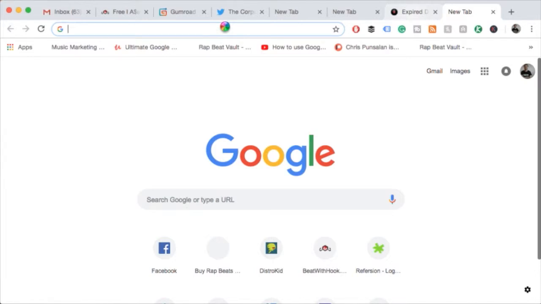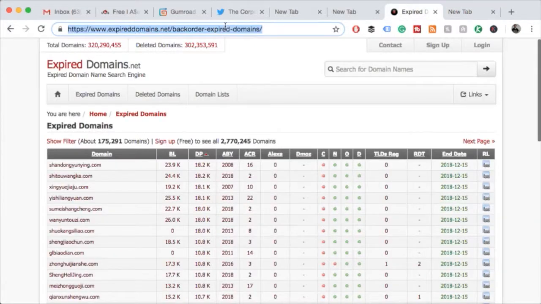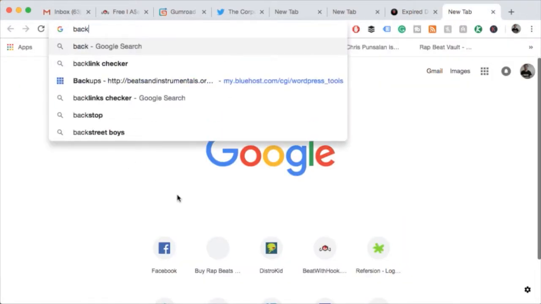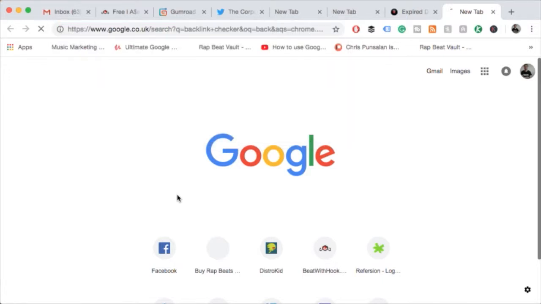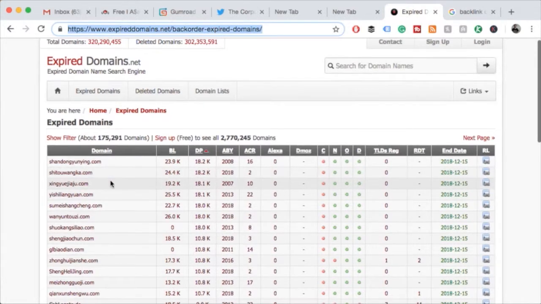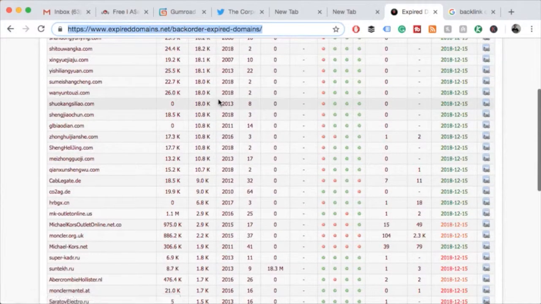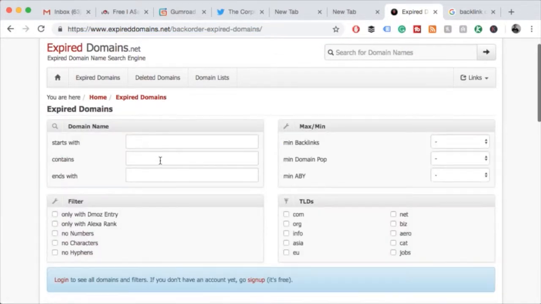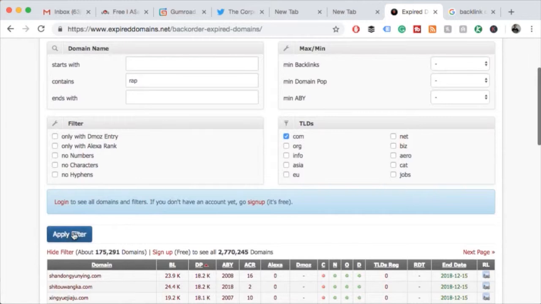You can go to sites like Small SEO Tools, which will give you a backlink checker. So if you just Google backlink checker, and you type the domain into it, it'll give you an idea. You can see the age of the domains there. It doesn't have to be perfect, but if you can find something with a filter that might suit you, so if you were building a rap site and rap had to be in the name, you can just apply the filter.